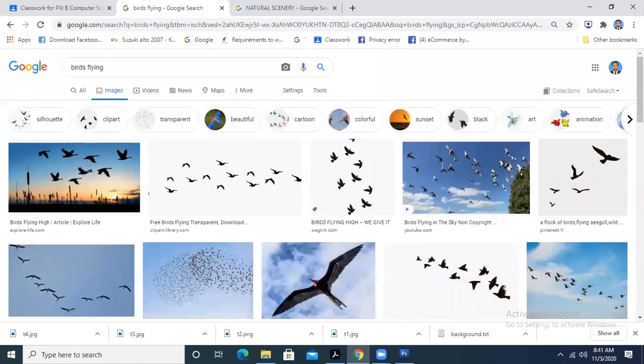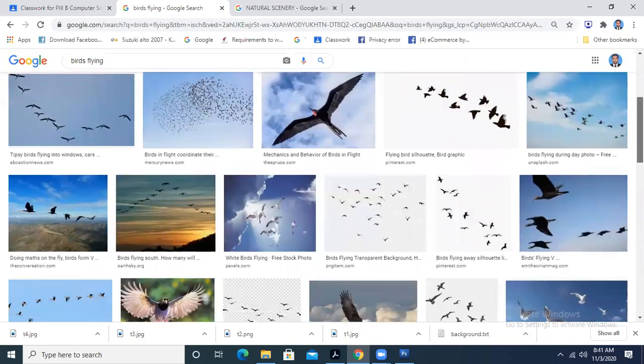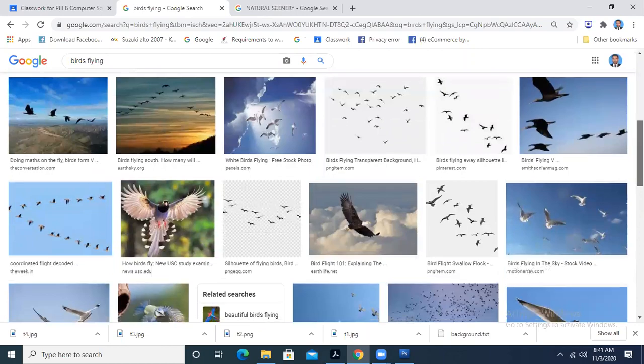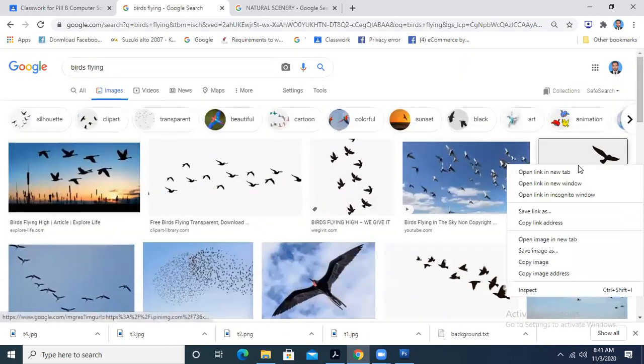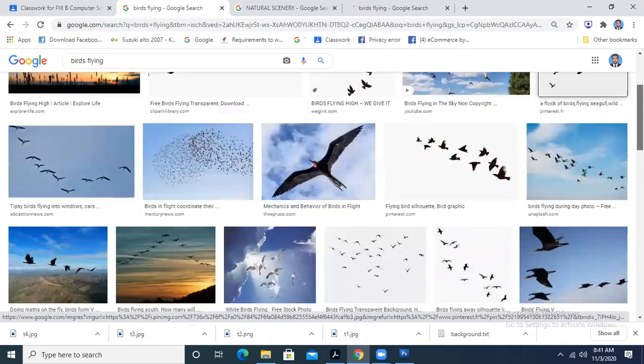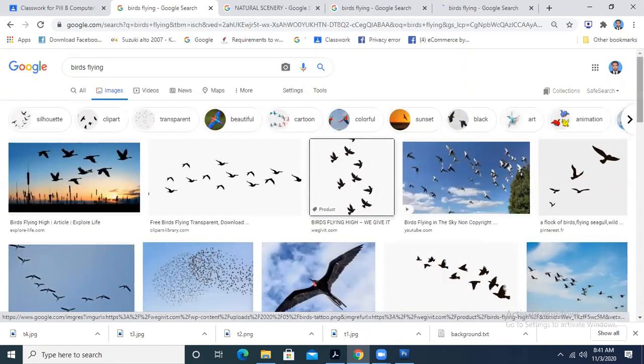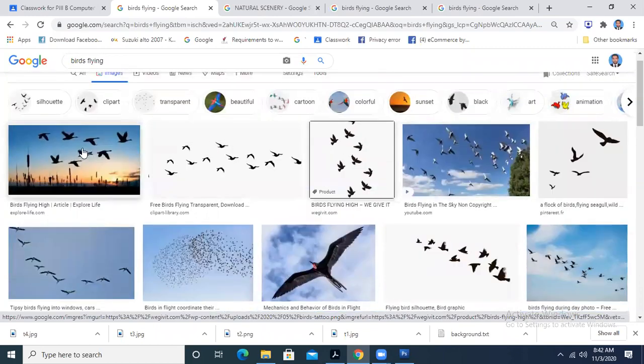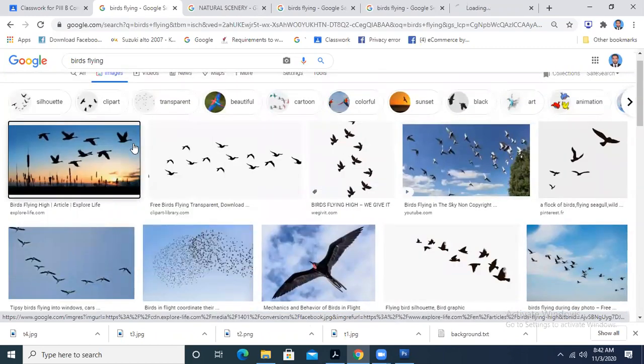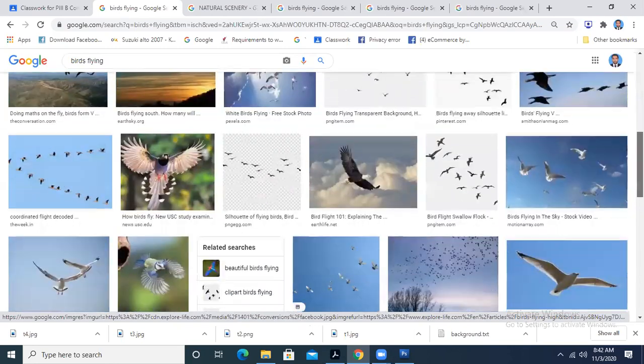No, we need to have the flying birds. So from where we can take those birds which are flying, we can take such kind of images of the birds. It is looking good. This is also a different kind of image.